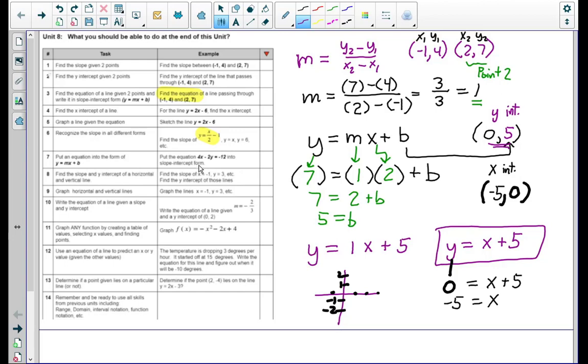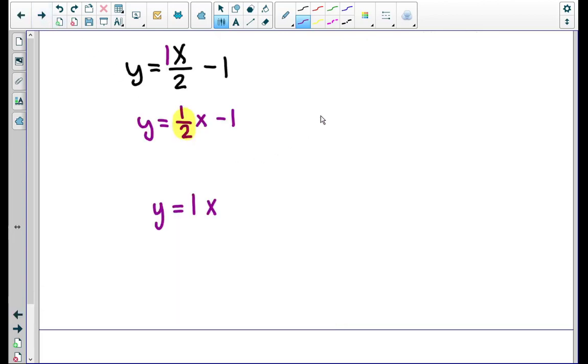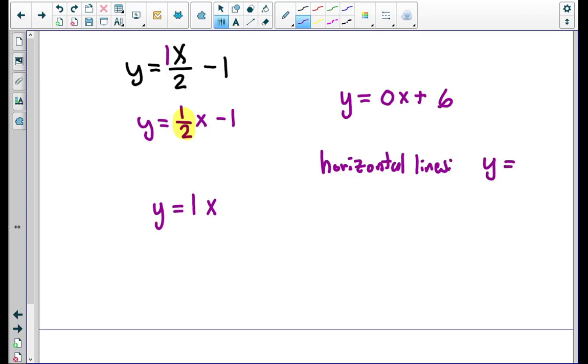Let's see what's next. Oh, the last one, y equals 6, okay? So sometimes you don't see any slope, right? Y equals 6. Now I'm going to write it a little funny here. Y equals 6 is actually y equals 0x plus 6, but we don't write the 0, okay? So we got to remember, I did this in class, or if you're from a different teacher, I'm sure your teacher did this many times. Horizontal lines are always y equals a number, right? And vertical lines,